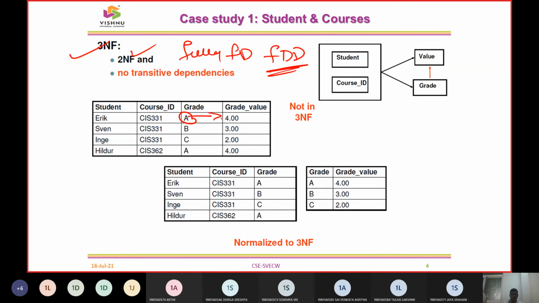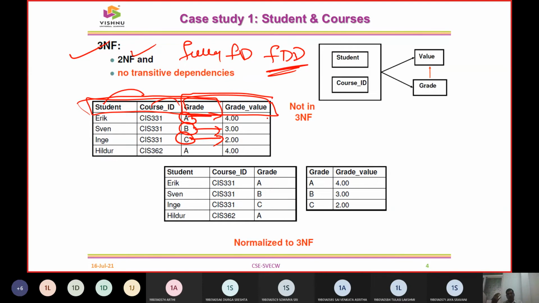A grade gets a grade point of 4. C grade gets a grade point of 2. B grade will get a grade point of 3. So which attributes are related? Grade and grade value are going to be related, right? And similarly, student and grade, is it related? Yeah, definitely. Course and grade, is it related? Yeah, definitely. So that means we can bifurcate student, course and grade. This is going to be related, and grade and grade value, these two items are related.